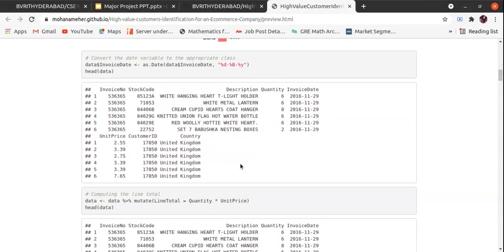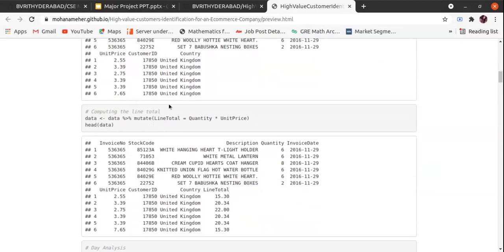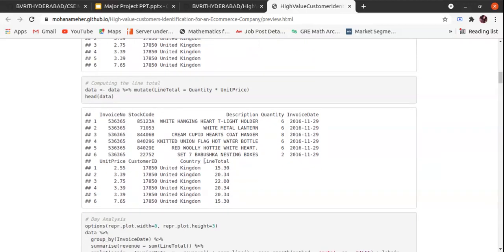We performed a few transformations here. We converted the date variable into the appropriate class, which is the date class, and we computed the line total. So an extra line total column is added, which is 6 into 2.55, that gives 15.30.